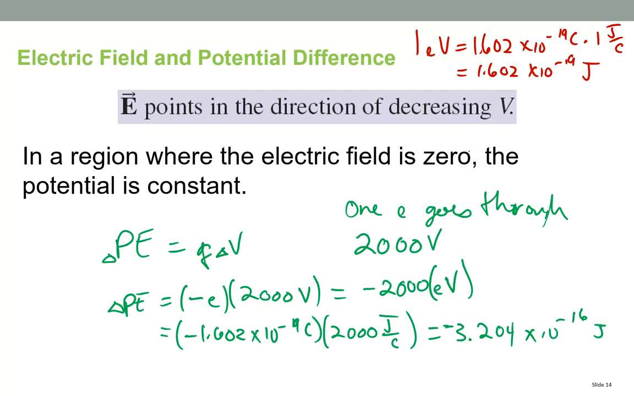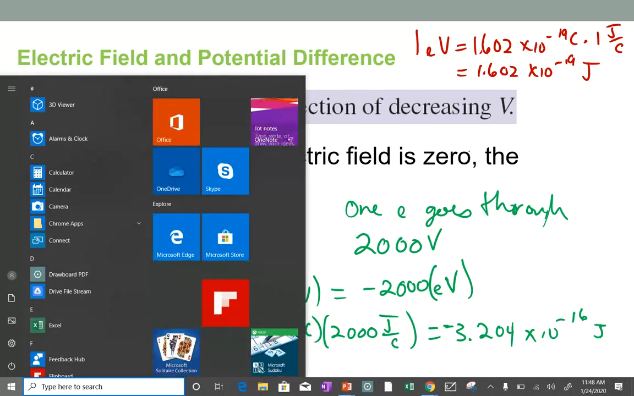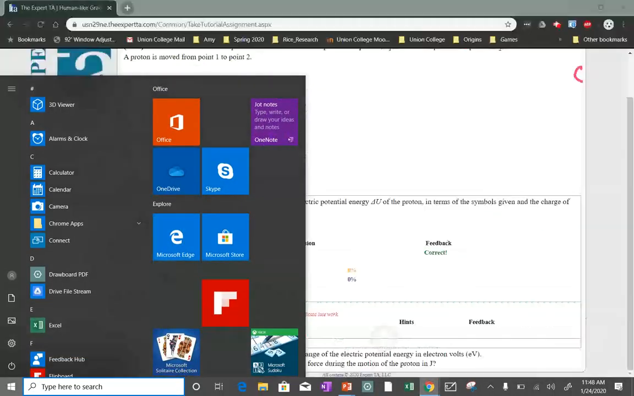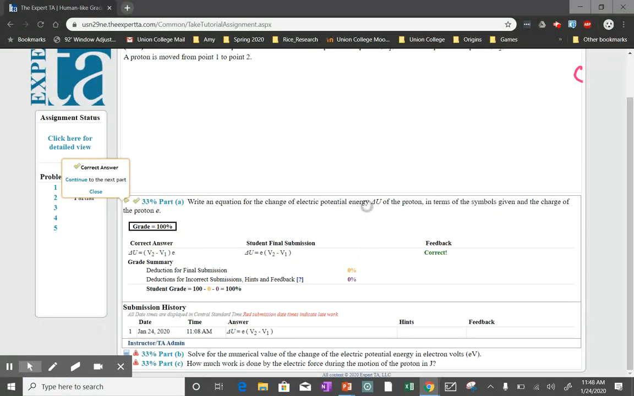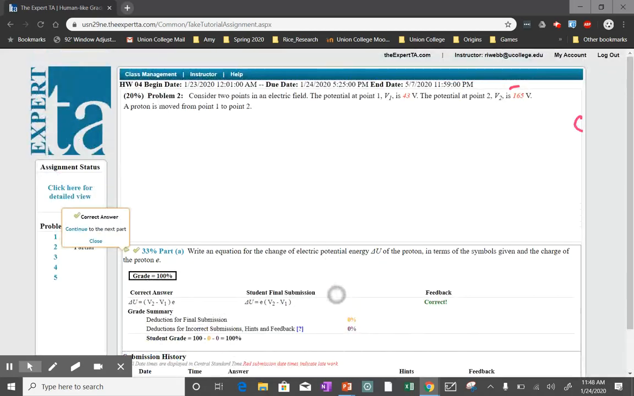Okay, we got 2 minutes. It's the perfect time to go back and do it. So we go back to, that was number, okay. How much work is done by the electric force during the motion of the proton? Well, part B is in electron volts. And so for part B, we had